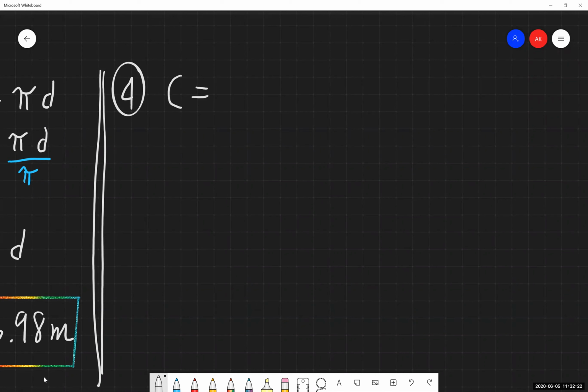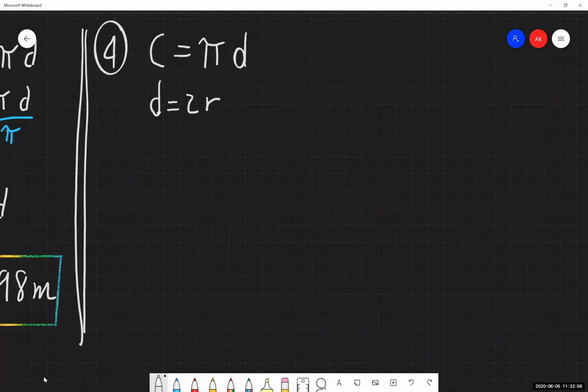So our general equation for the circumference is equal to pi times diameter. And because we're going to be working with the radius and the diameter, and our equation does not explicitly have the radius in it, we're probably going to want to write down the relationship between the diameter and the radius as well. Namely that the diameter is equal to double the radius. Because we're probably going to use that here in a little bit. And spoiler alert, we will be.